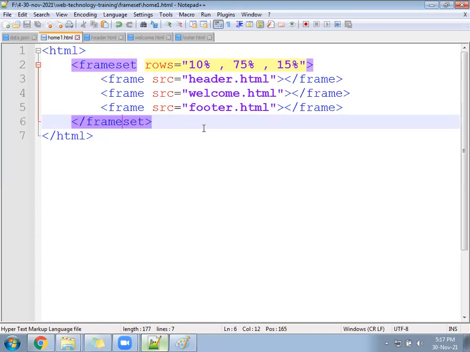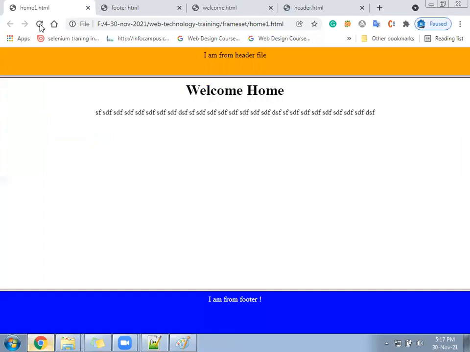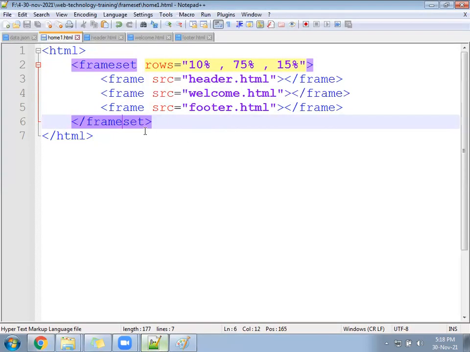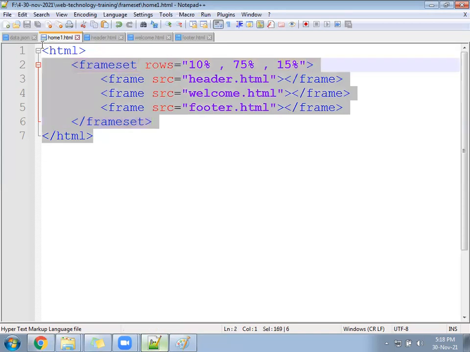Clear? Anyone else? Something else? The look is something else? Or maybe your page is not found, or the page is not including, or the header is on the top, the footer in the middle, last, and the home welcome is in the middle. Okay, if there is any error, let me know. Let me share this code.